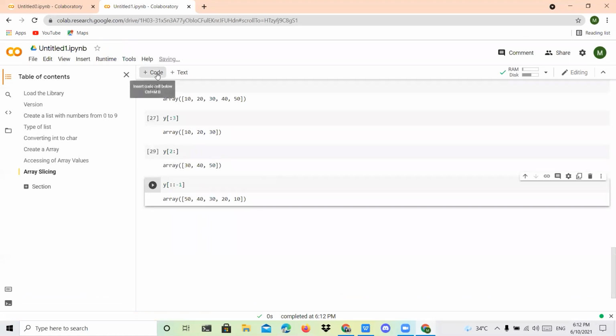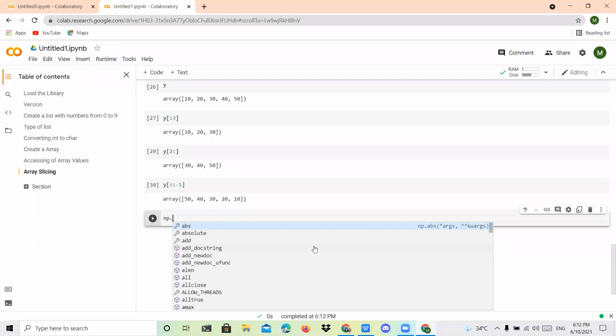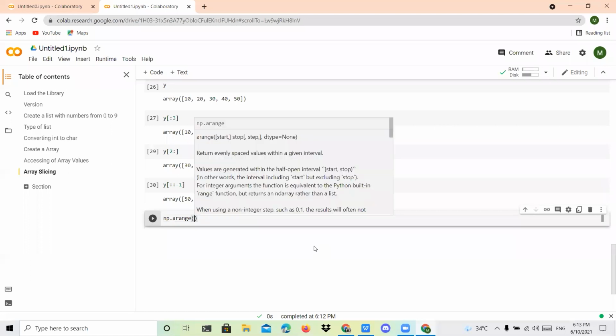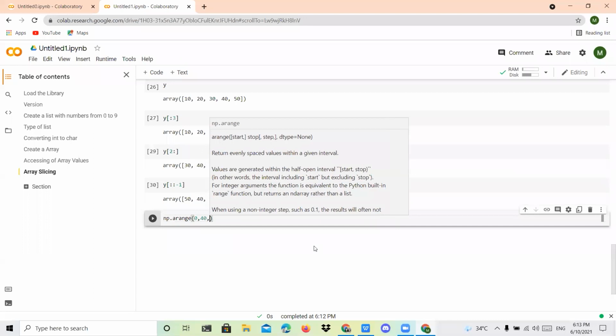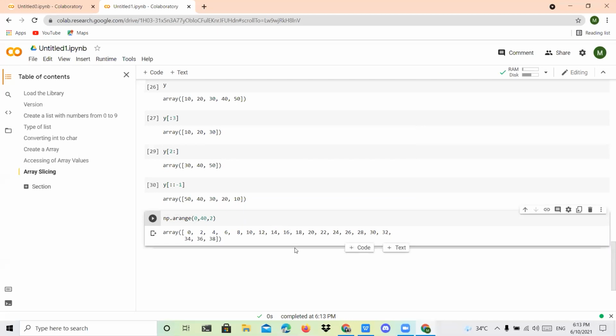The set sequence is one more format that you can use, like your array name, library, followed by arange. Within that, I'm going to start my value as 0, the ending value is 40. The difference of each value, I'm going to give as 2. This is like a set sequence, like 0, 2. Each and every value you can check out, the difference is 2 only. You can also give 4,